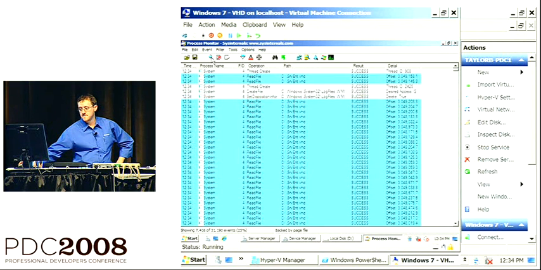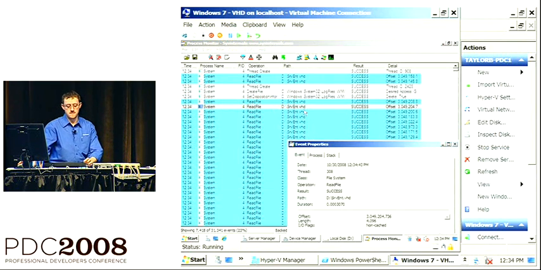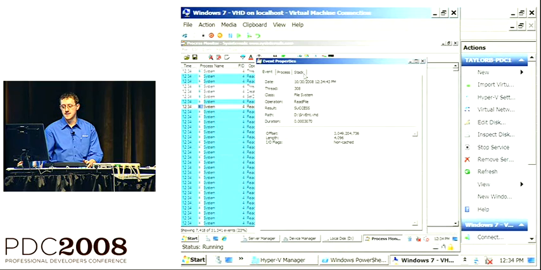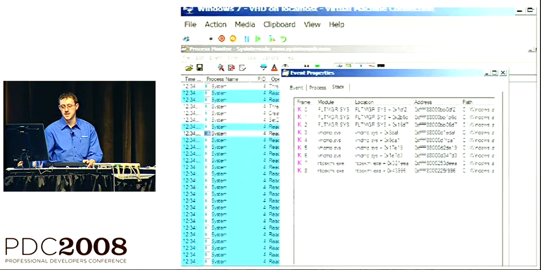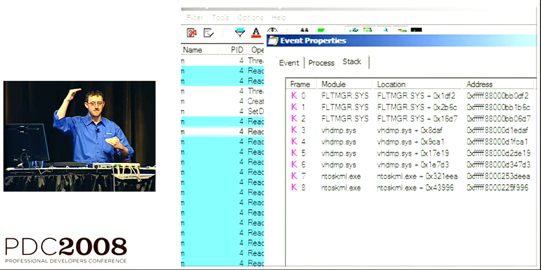If I run Process Monitor, say OK, pause this. We can see all these read-write files that are all going to that VHD file, server d:/server int VHD. If we look at the stack that created them, there's that VHD dump file. So what's happening is IOs are coming down from your user mode or whatever. They come down the stack. They actually hit